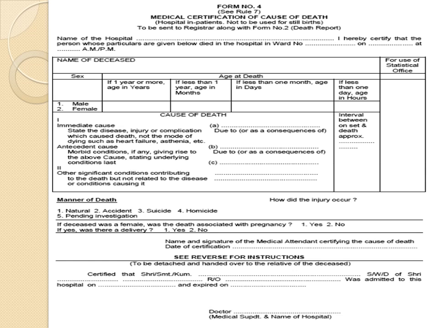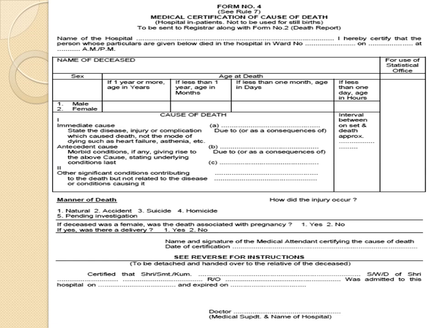You can see that the first part usually has the background information of the deceased. The second part is the cause of death, which is similar to the international death certificate. That is, part 1 comprises the immediate cause and antecedent cause, and part 2 is the significant condition contributing to the death, that is, the associated comorbidities. The third part is the manner of death, an additional part, that can be either natural or accidental or suicidal or homicidal and so on.